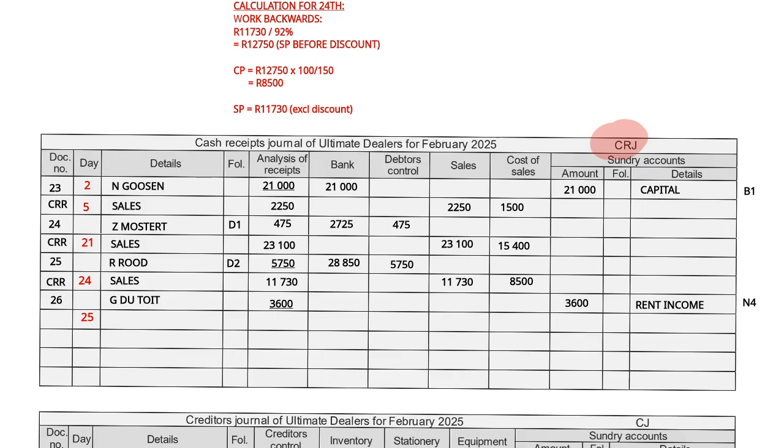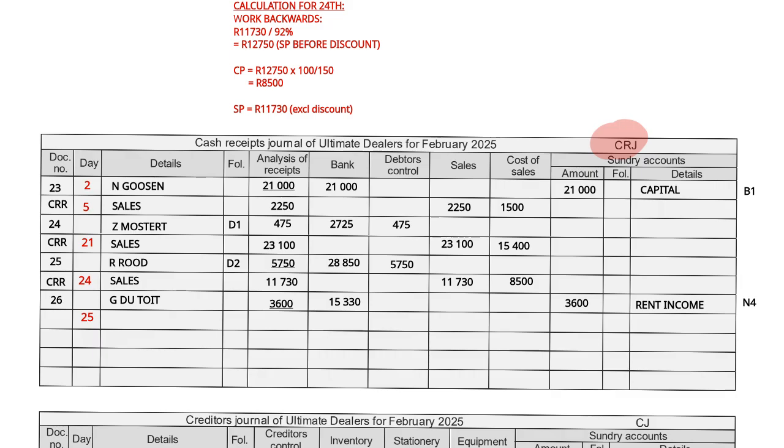Now that we've completed the transactions for the 24th, we can now add 11730 and 3,600 together so that the total of 15,330 goes to our bank account. And now it's time to complete our last entry. It's our entry on the 25th. It says,